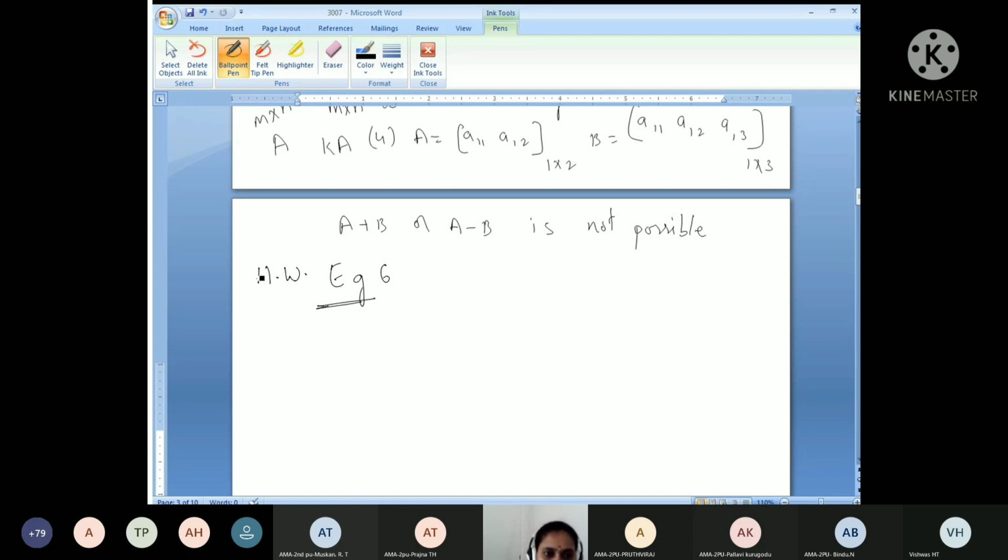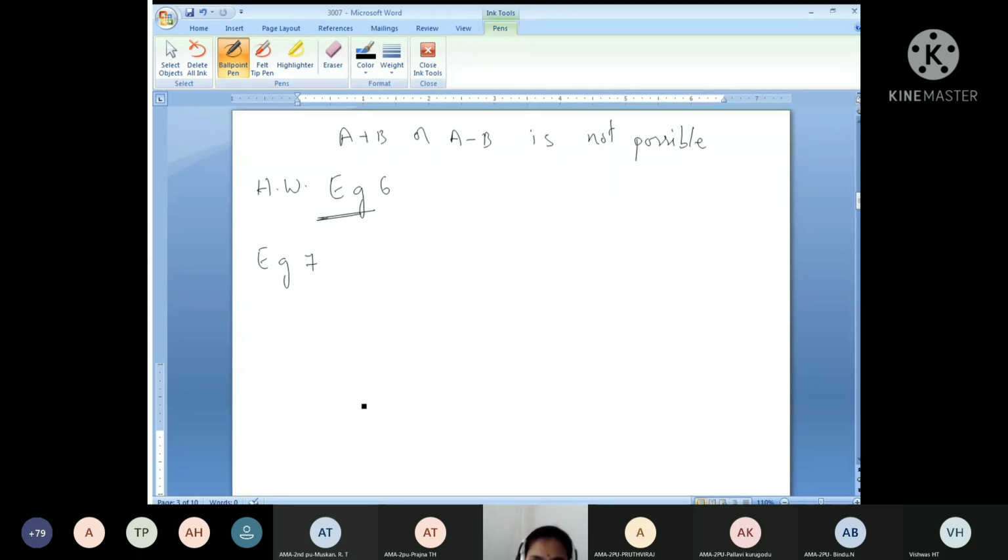Let me take example 7. Exactly from here I will send the notes. Until now you need not write anything. Now onwards you have to write in your notebook. This I will send later, but if you write now, you can go ahead. A screenshot is not necessary.